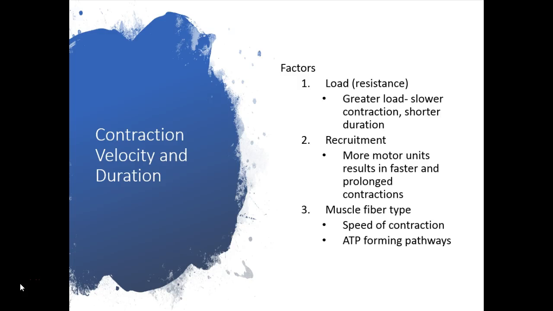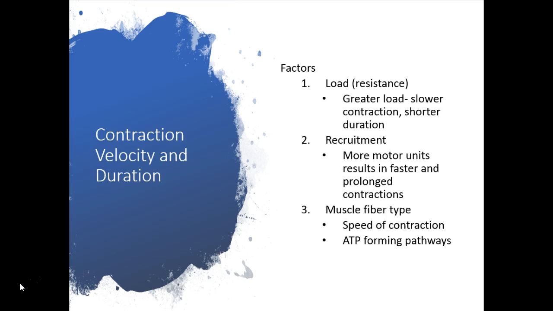Several factors can affect the way that a muscle contracts. The load against the muscle is certainly going to be a very important factor. For instance, the greater the load, the shorter the contraction, the shorter the duration. So if I am picking up a 5-pound bag of sugar, it's going to take less work for me to